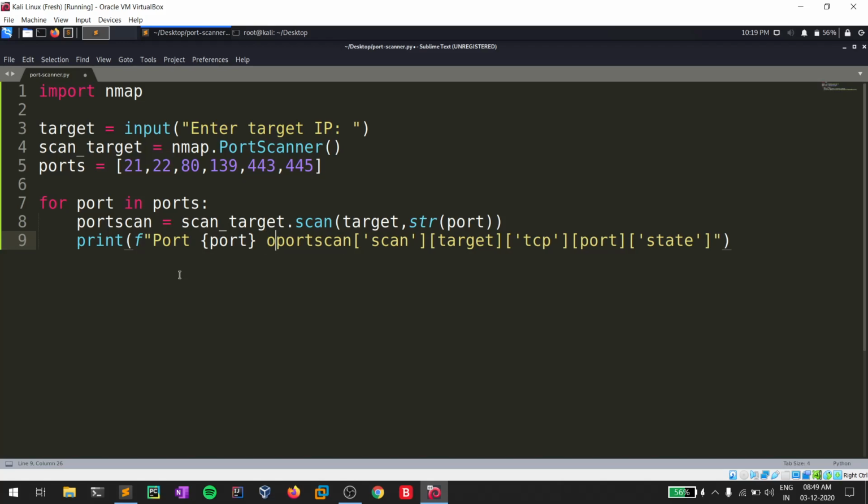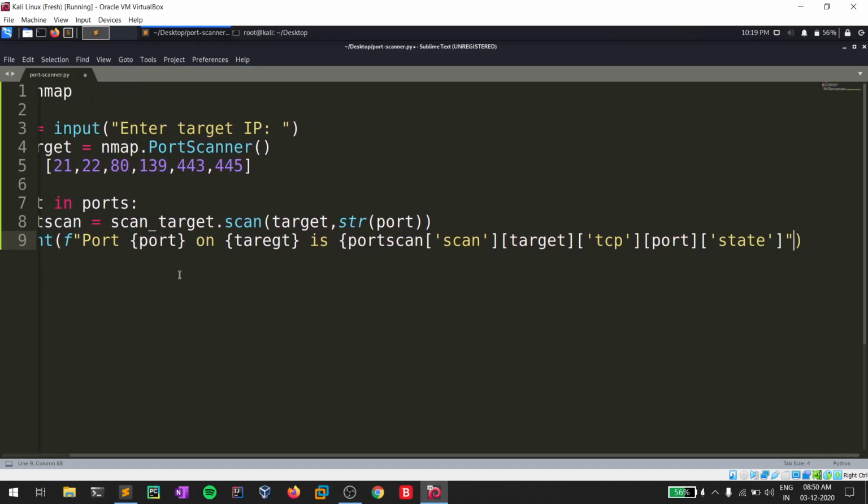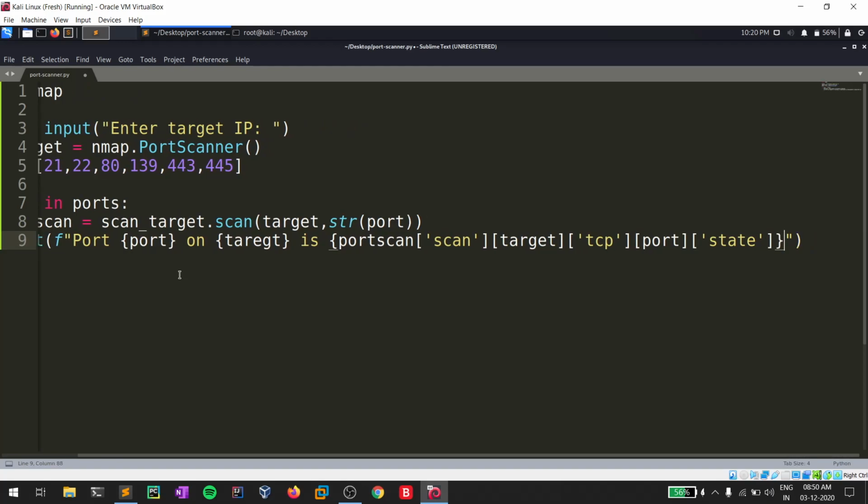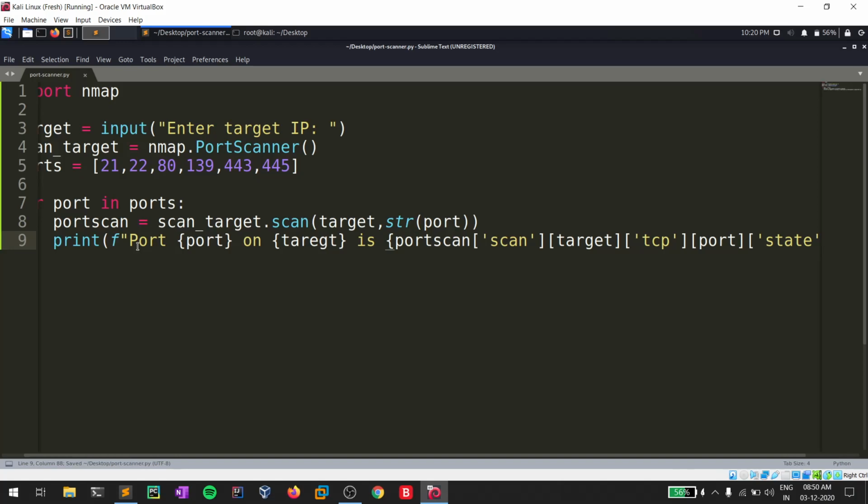Port 21 on target is, and this is also a variable, or a value, right? So we'll print that value here as well. Suppose let's take port 21. Port 21 on target, sorry for my spelling mistake, is whatever the value is, it will be printing out. Okay, let's save this.